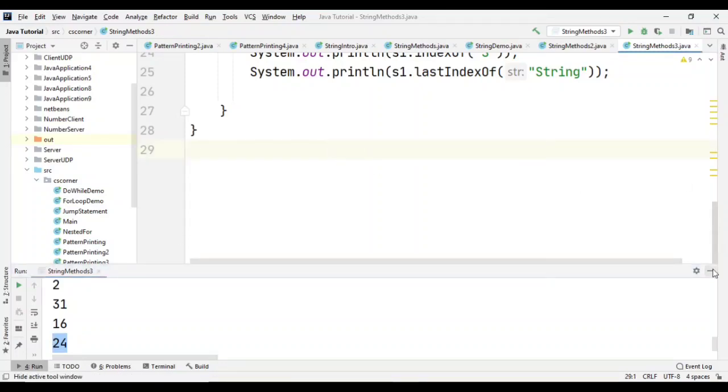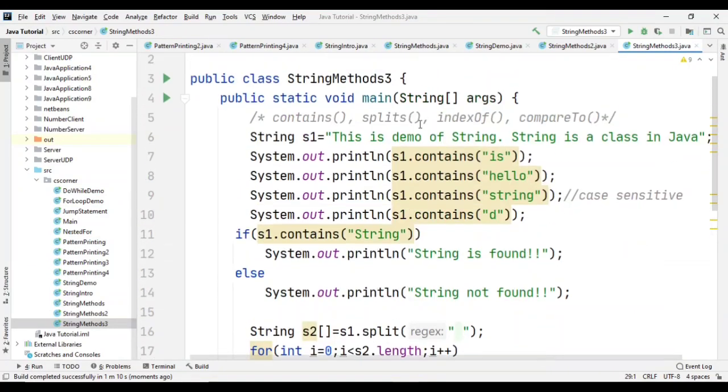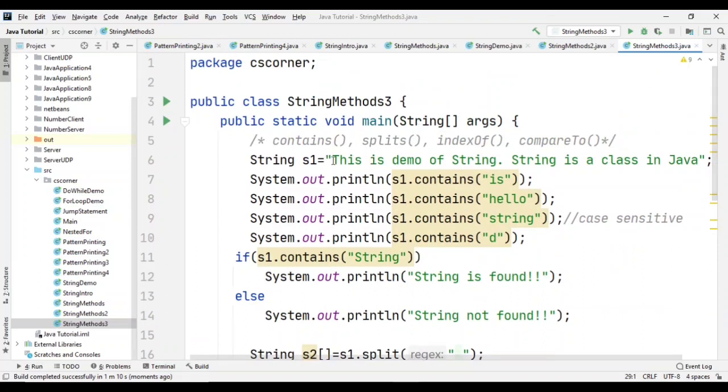So let's see whether we get 24 or not. So here I'm having 4 characters, 5, 6, 7, 8, 8 plus 4, 12, 13, 14, 15, 16, 17, 18, 19, 20, 21, 22, 23 and 24. So I'm getting position as 24.